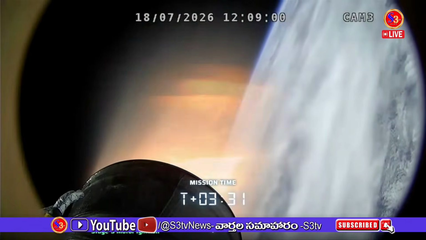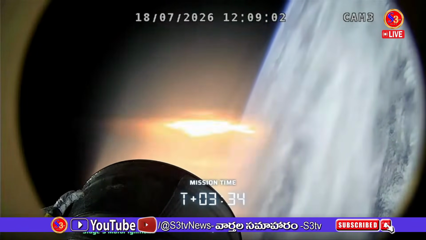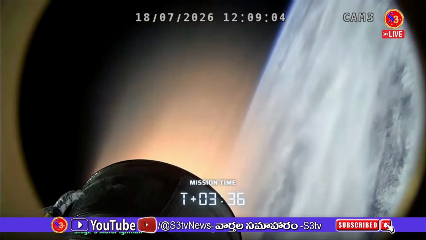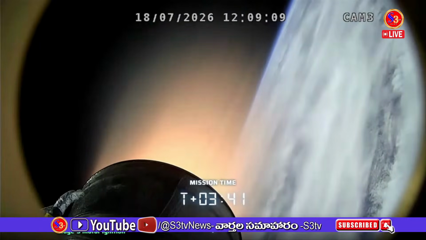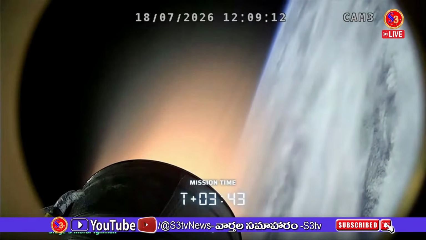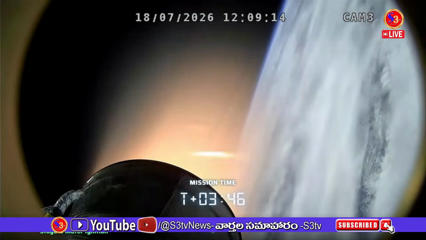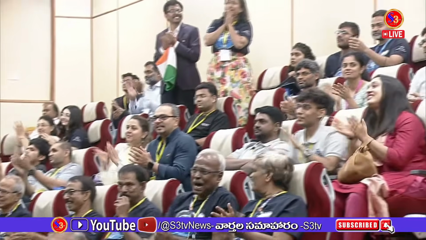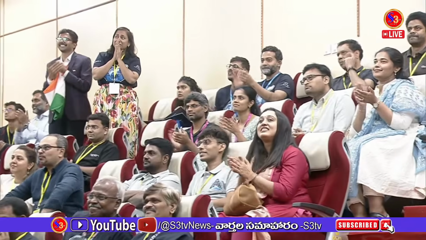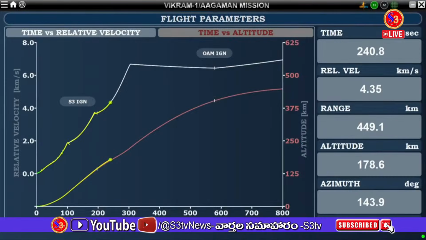The vehicle is currently at 157 kilometers above the Earth's surface. It is 355 kilometers downrange, traveling at nearly 4 kilometers per second. Now the telemetry will switch over from Shar to Port Blair and further to Bogor. अब यान अपनी अंतरिक्ष यात्रा पर निकल चुका है। तृतीय चरण का प्रज्वलन चालू है और उसकी प्रतिक्रिया नियमित रूप से चल रही है। And as you can see on your screens,